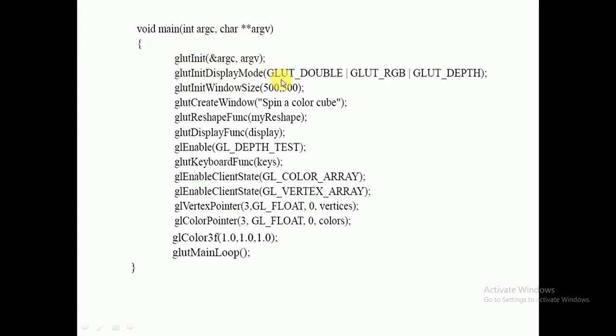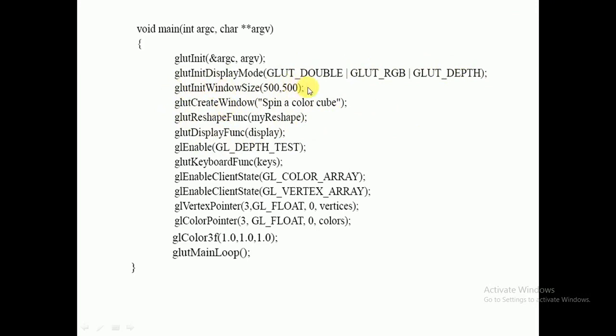Then we set the display mode, glutInitDisplayMode. Since this is a 3D program, I want double buffering, that is two buffers. Then GLUT_RGB and GLUT_DEPTH. As explained in the last lab, the third lab, depth means I want to remove the hidden surfaces. To remove hidden surfaces, we have to enable the depth buffer algorithm. It uses an exclusive buffer for storing the color intensities of the pixels. That exclusive buffer I want to use, that's why GLUT_DEPTH. I include this mode in my display.